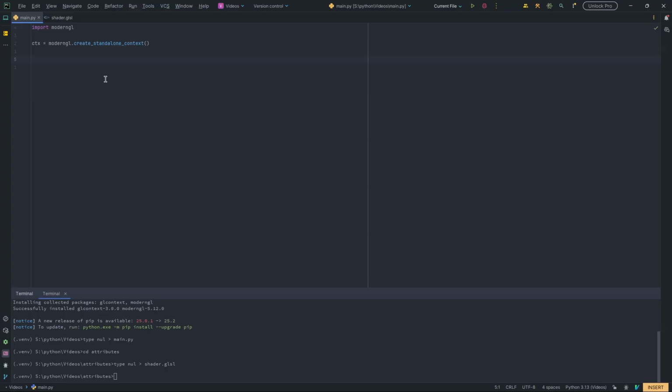Next, we're going to have an array, and with that array we're going to just multiply all of those values or square all of those values, whatever you want. So we're going to define a buffer. Basically it's just an array in GPU terms. We're going to say context.buffer,